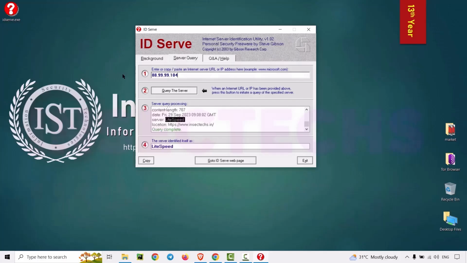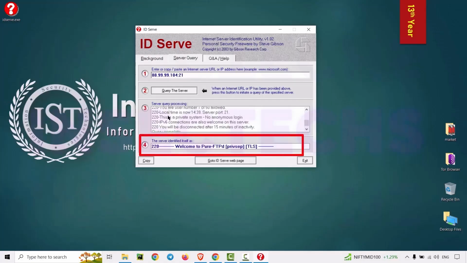Let me type 88.99.99.104, which is the IP address of INSECTECHS. Now I am trying to establish a connection on port 21, for example. So you know port 21 is the FTP port. Let me hit enter, and as you can see,